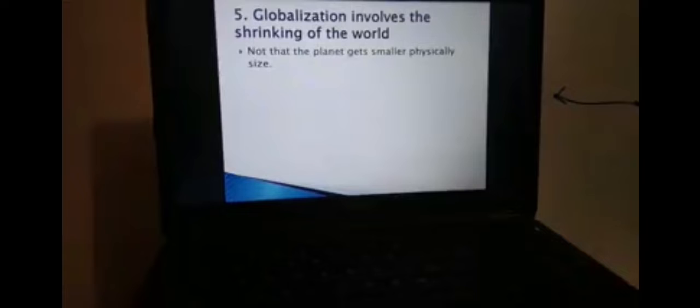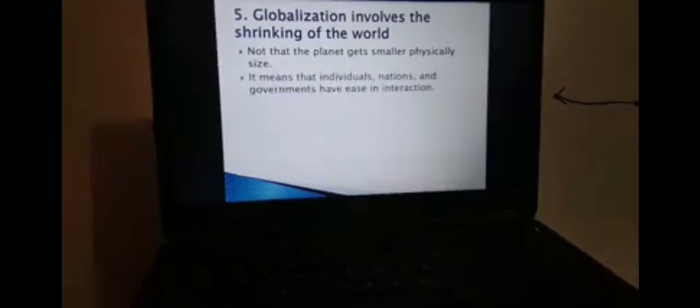Number 5, globalization involves the shrinking of the world. Not that the planet gets smaller physically, but this is another figure of speech. The world becomes smaller because individuals, nations, and governments now have ease in interaction.